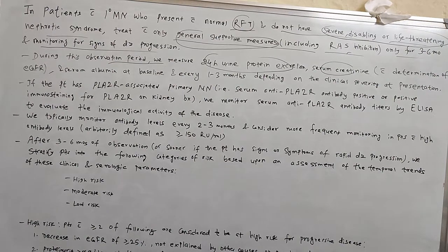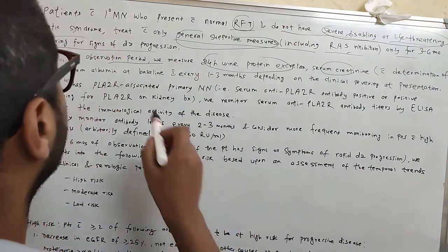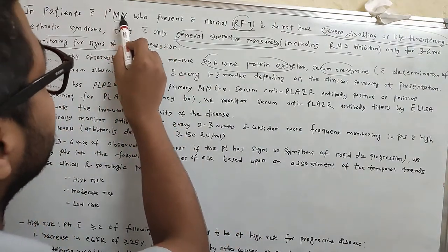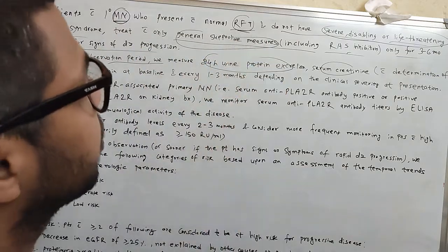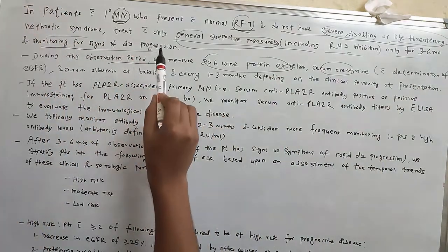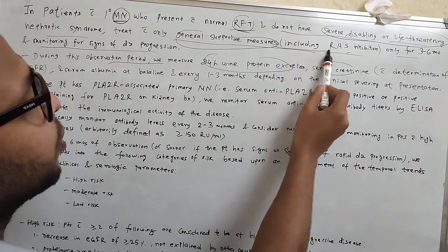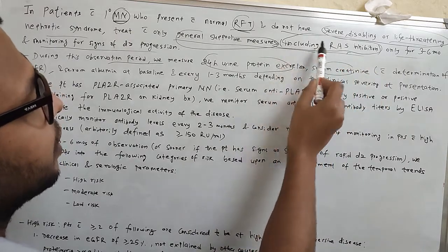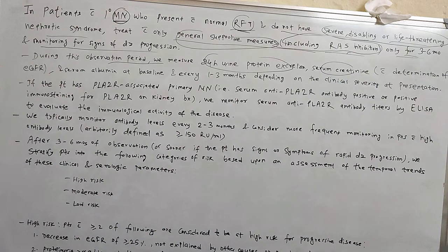So we are going to discuss treatment and prognosis of membranous nephropathy. In patients with primary membranous nephropathy who present with normal kidney function and do not have severe, disabling, or life-threatening nephrotic syndrome, we treat only with general supportive measures, including RAS inhibition for 3 to 6 months, and we monitor for signs of disease